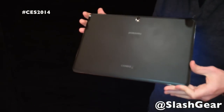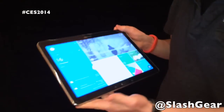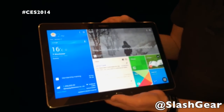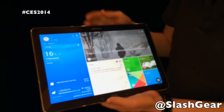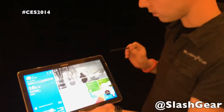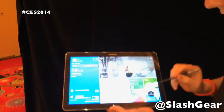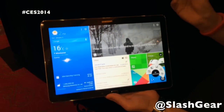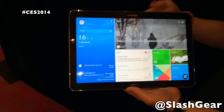As you can see, it's larger than the average Note-branded tablet, and that's because it has a 12.2-inch display running at 2560 by 1600, the same resolution as you would get on the Nexus 10, though obviously with a bigger display. You also get Samsung's S Pen, which works just as it does on the regular Notes. So you have the usual kind of commands. You can annotate and sketch and take screenshots. Samsung's changed the